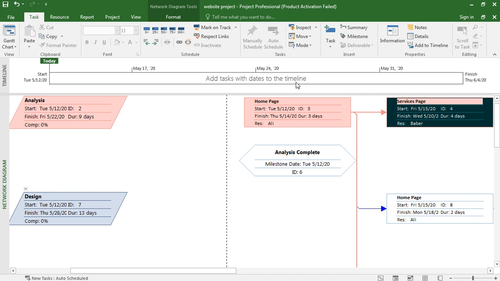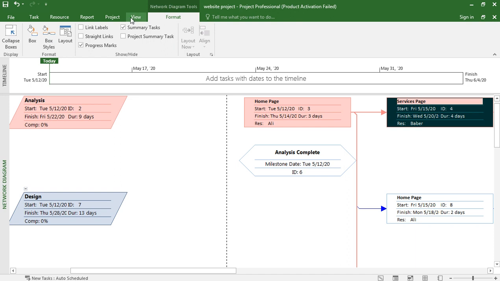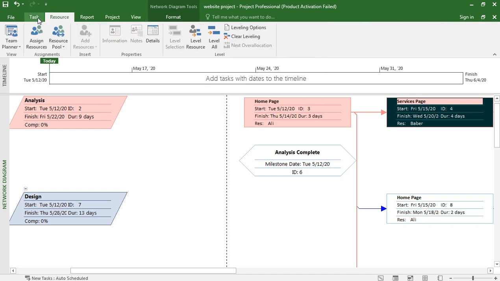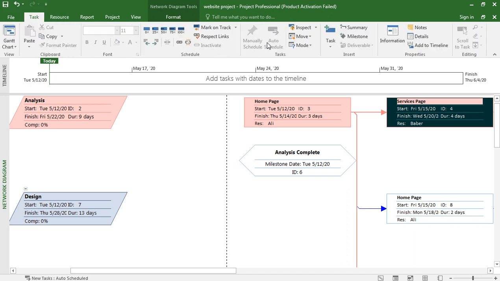If you go here, you see there is resource usage and team planner, and here there is an option of critical path.